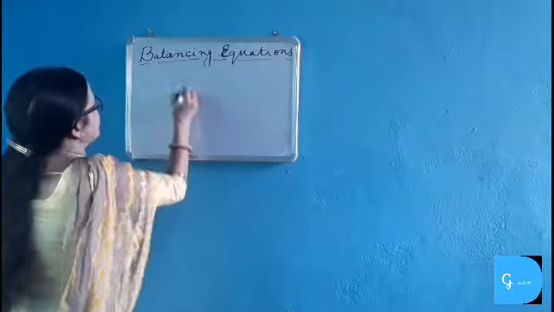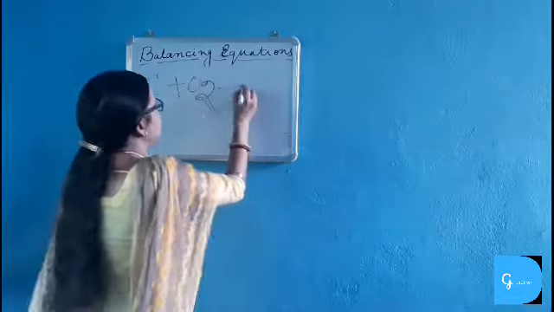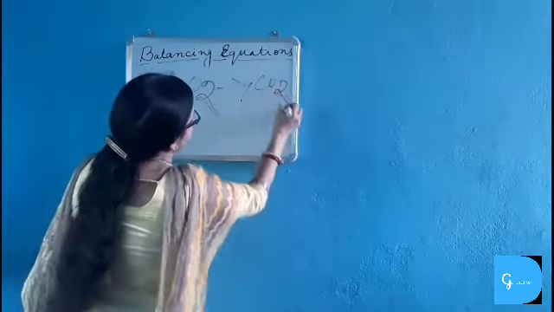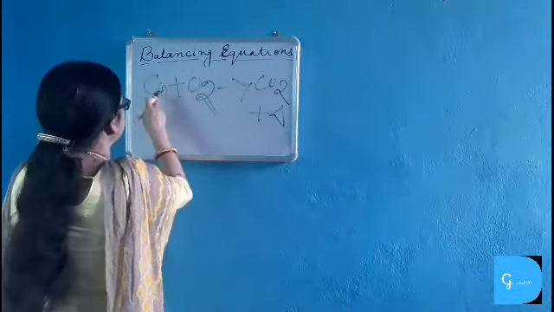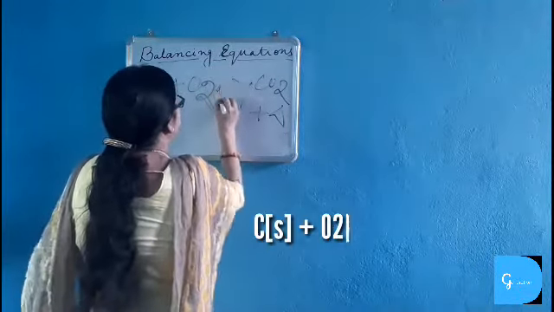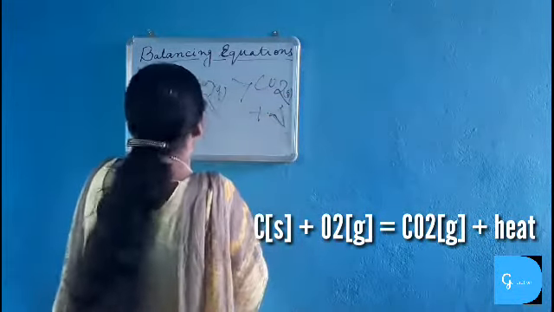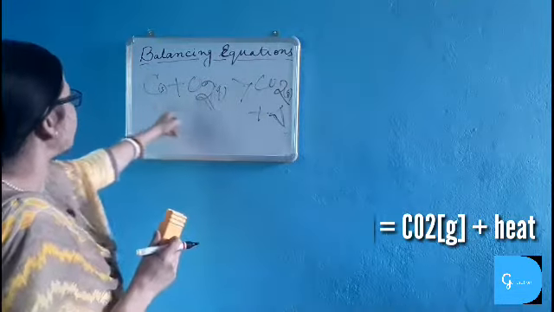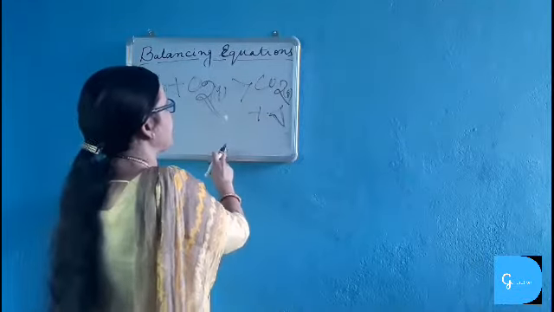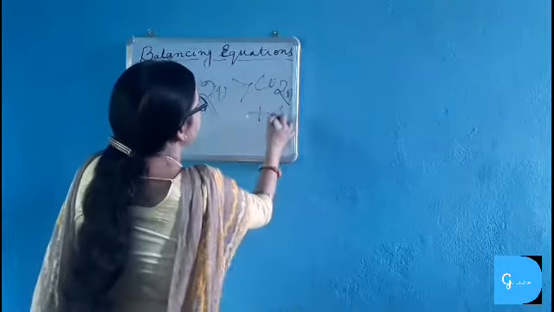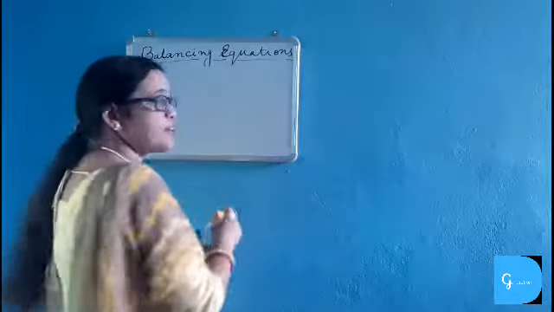It may be an exothermic reaction or an endothermic reaction. Suppose carbon is burned in oxygen. Burning of anything means exothermic reaction. Then carbon dioxide gas is produced and heat is also released. So carbon is solid, we are stating the physical state. Oxygen is gas, carbon dioxide is also gas, and heat. This delta form is the symbol of heat. Heat is released. Thus burning of anything is an exothermic reaction, and for an exothermic reaction we write heat on the resultant side, and for an endothermic reaction we write heat on the reactant side.